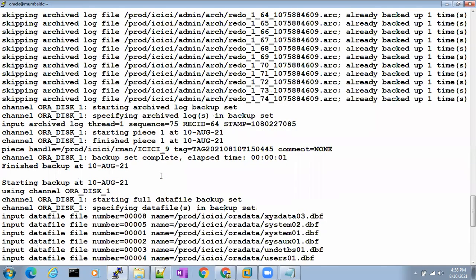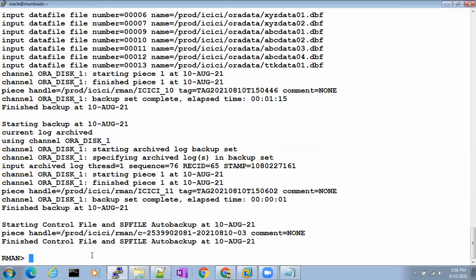So that is the beauty of optimization in RMAN. RMAN plays a very, very intelligent role. It will not consider the starting time of the backup. RMAN will consider the end time of the backup. What is the backup end time? I am going to end the backup at 5 p.m. So when I am going to end the backup at 5 p.m., again it will go to the archive log destination and check, are there any new archives generated? Yes. So let me include that also in the backup. So it will include them also in the backup.